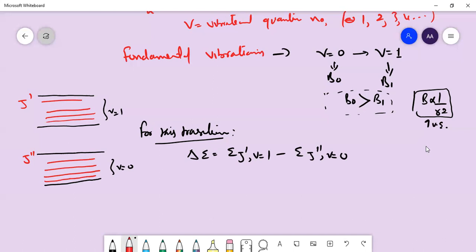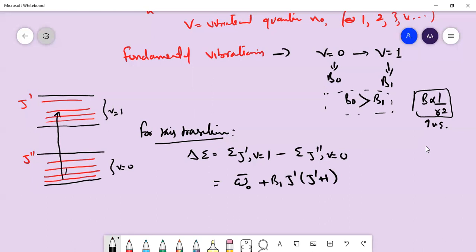So the transition, when your molecules are undergoing transition from one state to another state, the energy of this transition can be calculated by using this equation. Now we have already the values for E(J', v=1), which we have already derived, and that is equal to omega naught bar plus B1 J'(J'+1). That is, we have the value of the rotational constant, the rotational energy levels, BJ into J plus 1.